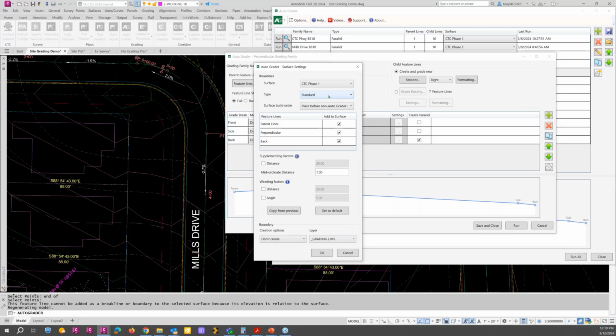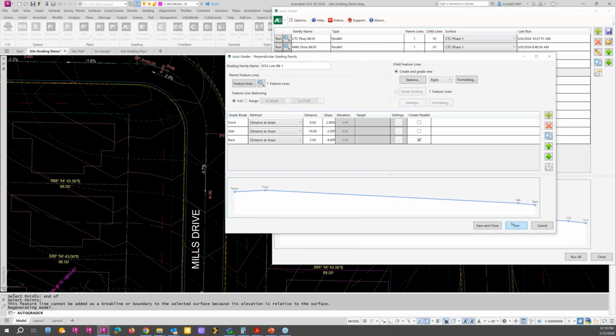Tell it the type of break line I want to choose. In this case, I went with the standard. I want it before non-AutoGrader. So if there's any other break lines here, we want those to rule. And then I click these of what I want to add. So since I clicked this parent line, it's now added this feature line to the site and the surface, which it wasn't previously. So now that that one's done,